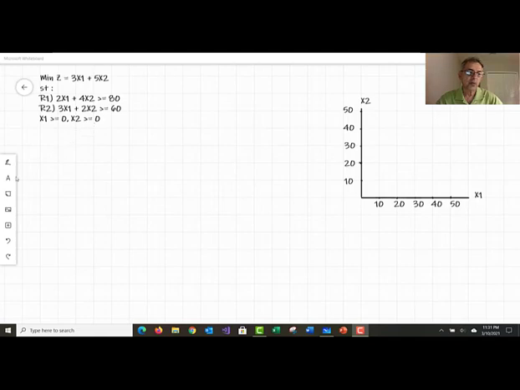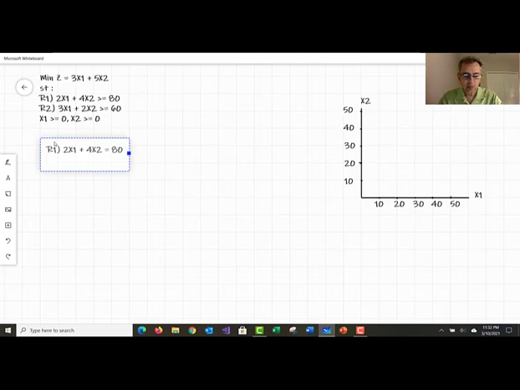The first step of the graphical solution procedure is to draw the feasible region. And in order to draw the feasible region, we will take one constraint at a time, make it an equality, plot the line, and identify which side of the line constitutes the feasible region. So if I start with R1, I'll make that an equality, which would be 2x1 plus 4x2 equal to 80. Now I want to identify 2 arbitrary points and connect them so that could form the line associated with this